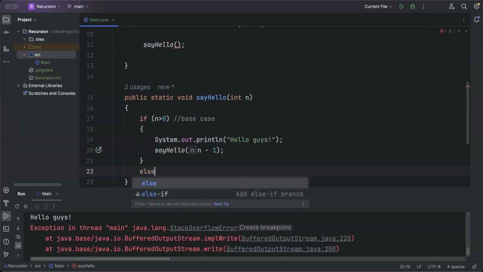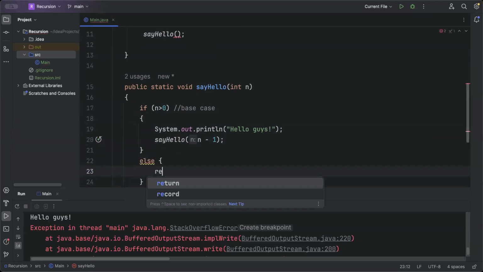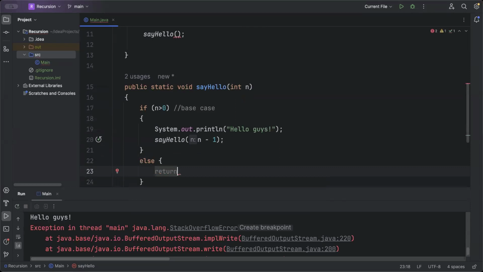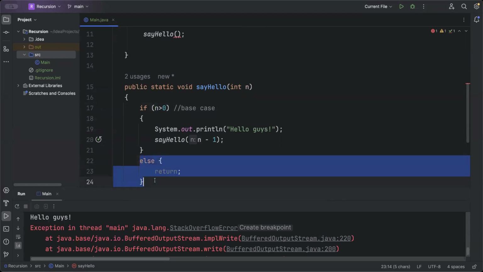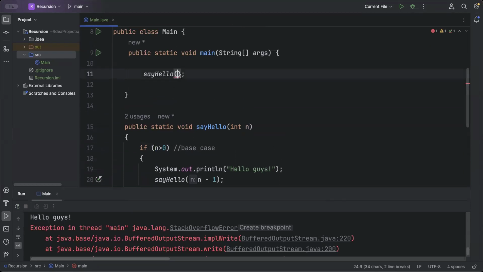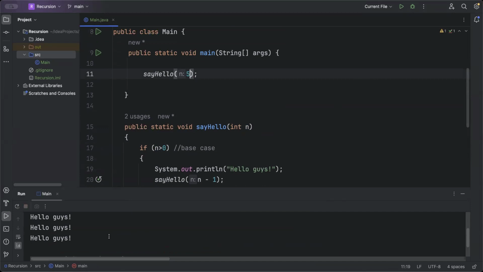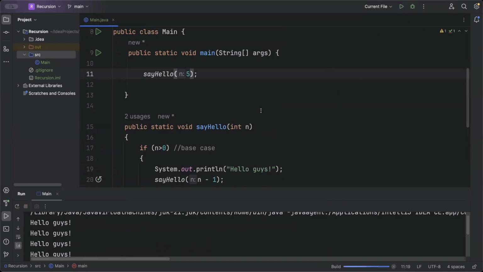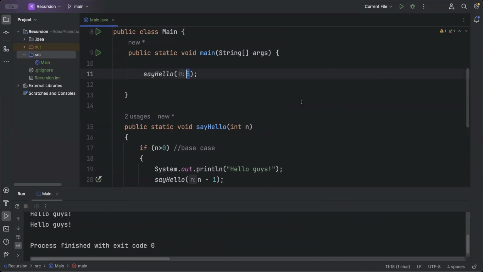And then I say else. What I mean by else is, when it is not true, then this one just returns. That means this is the ending of my program. So how many times do I want to print the message? I say I want to print it 5 times. So as soon as I hit run, I have 5 times printed. If I wanted to say 2 times or 3 times, let's say,